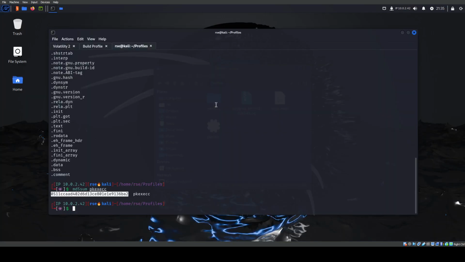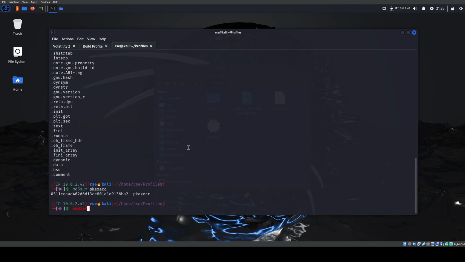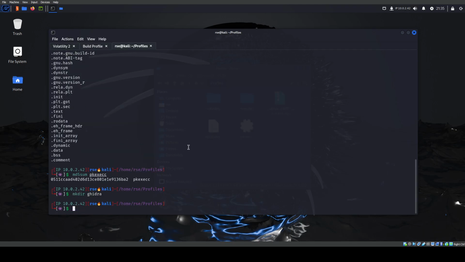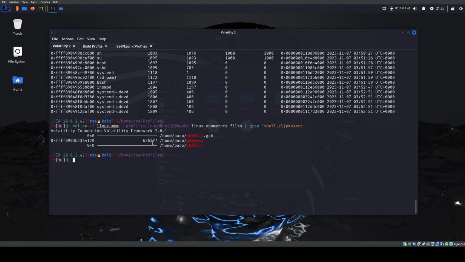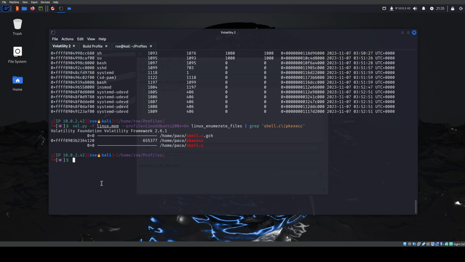Nothing. Perfect. Okay. So let's do a bit of, well, actually, now that we have an IP address here, let's start Ghidra up. You don't have to do this part. You could do it two ways if you want to find more. So we could do Linux netstat, grab that,